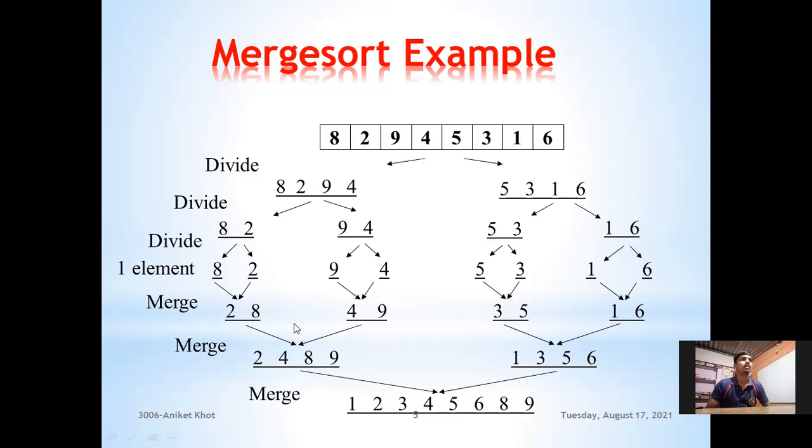The comparison is like this: the ith element of the left hand side with the jth element of the right hand side. So 2 is less, so 2 is placed here. Then i plus plus, so i goes here. Then i is checked with this element. This element is smaller, so it is placed here. Then this is checked with this, it is smaller, so it is placed here, and this one is placed at the end. So that's how merging happened.